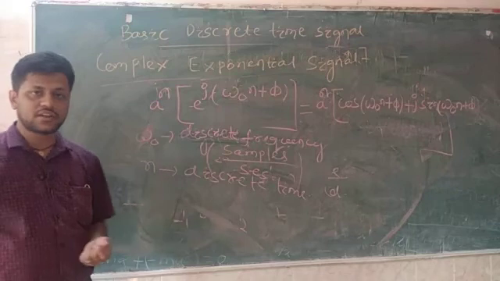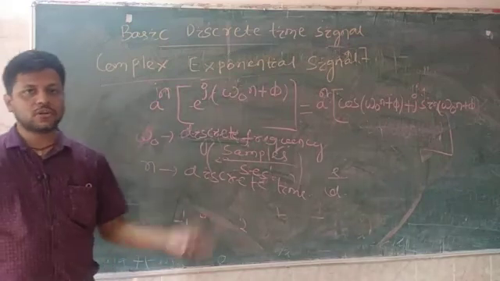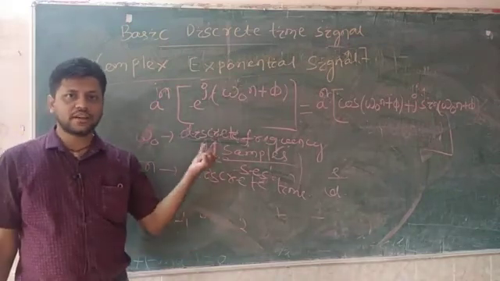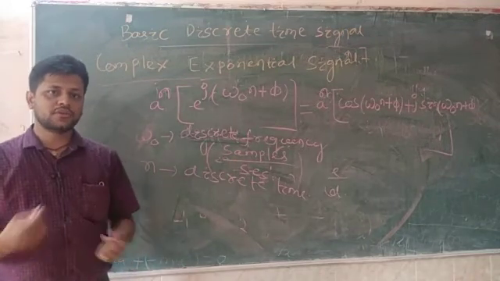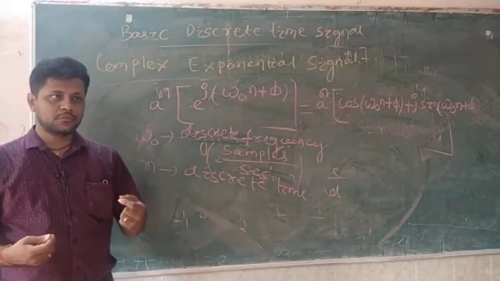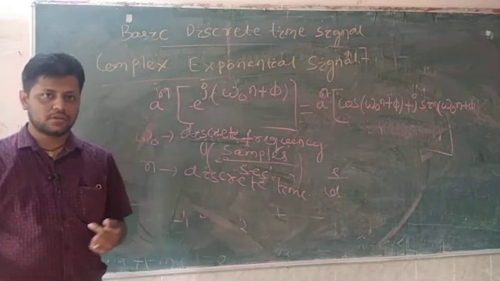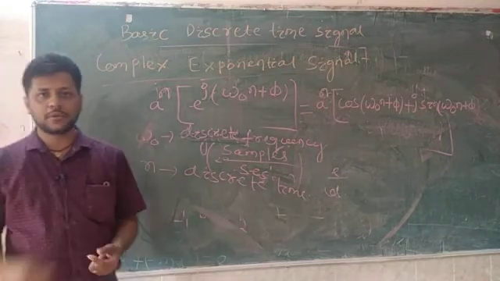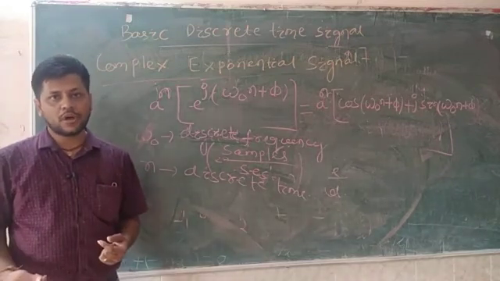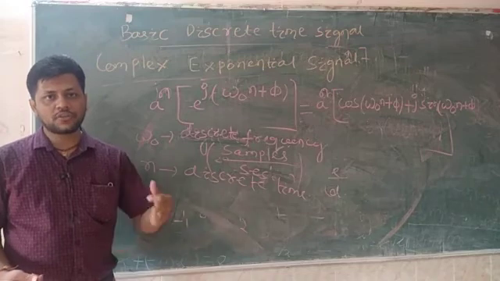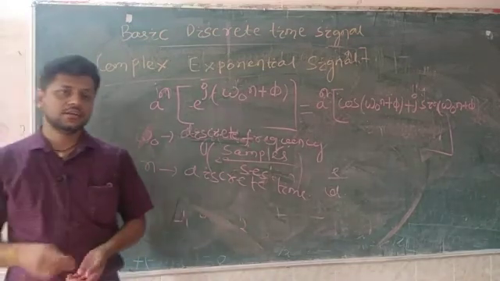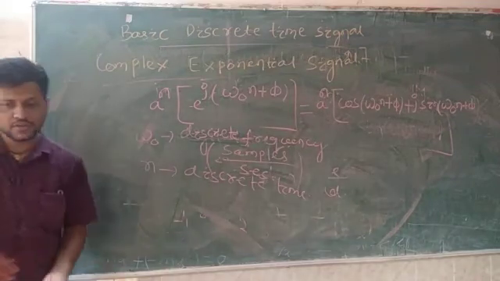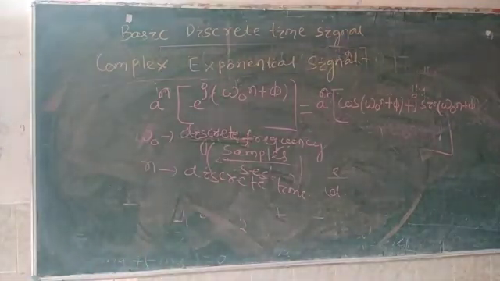Then we have the exponential signal. These different types are also known as basic signals or testing signals. When you design a system, we have to test it, we have to give various types of excitation to the system and observe how the system responds to this type of input. Then only we will design a system. So next we will see a few problems on this that I will write.